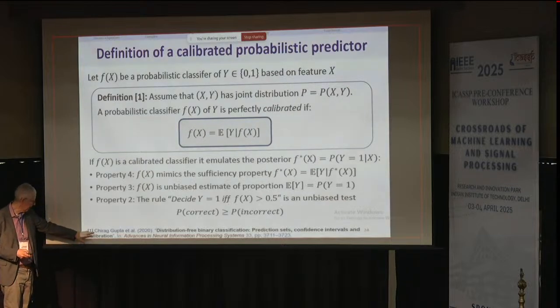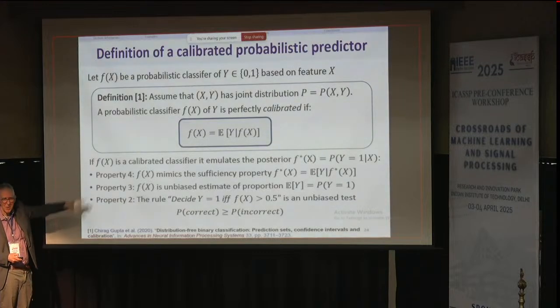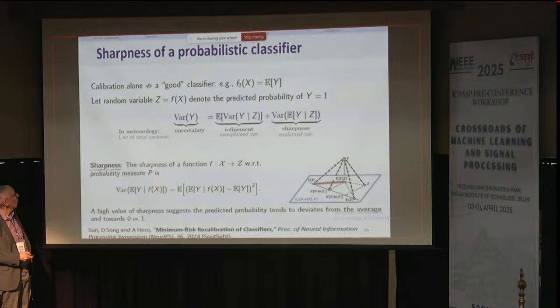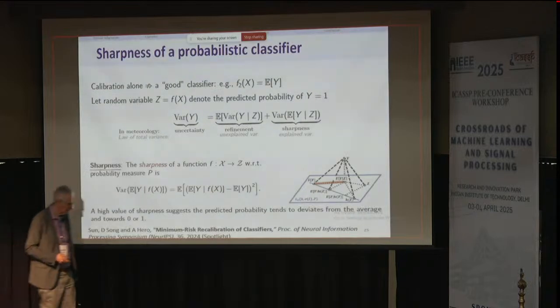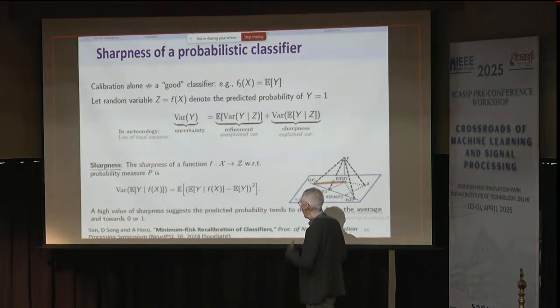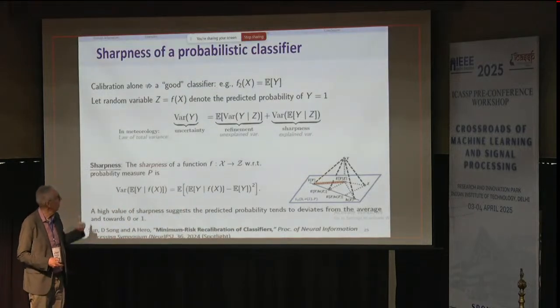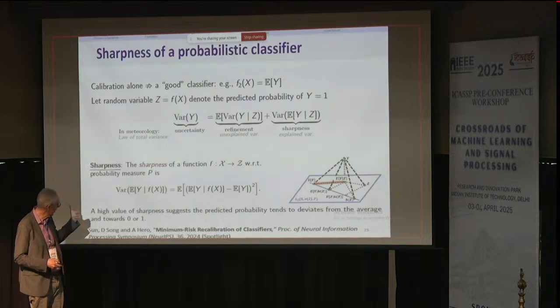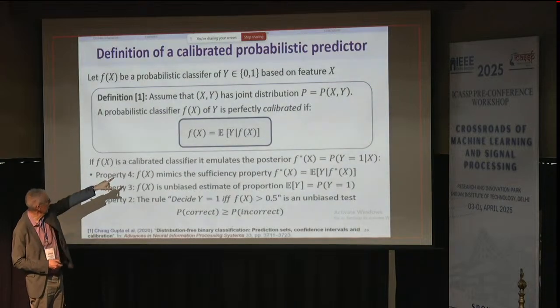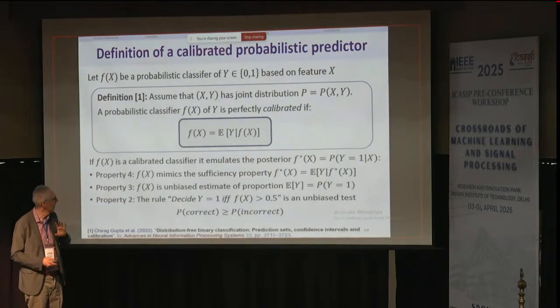The reference here goes much further back to 2001, an ICML paper written by Zadrozny. But that's the condition that we're going to be working with. So we're going to take an arbitrary classifier function f of x, and we're going to try to find a function h that's going to make it closer to the posterior, in the sense that it satisfies this perfect calibration condition, and it also has some geometric properties that I'm going to discuss in a minute, because this